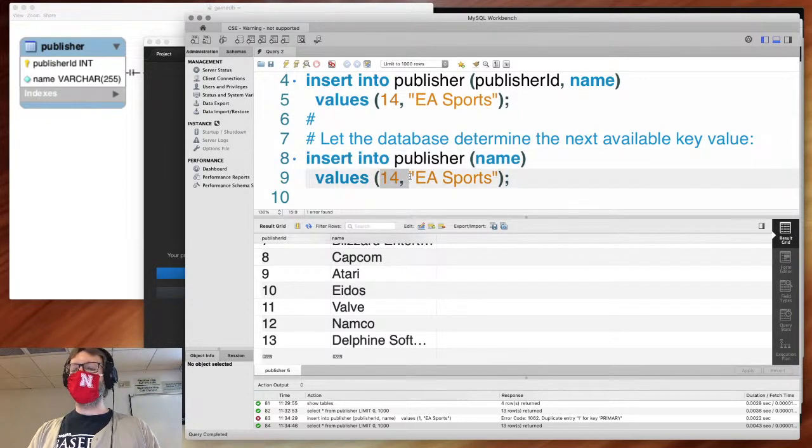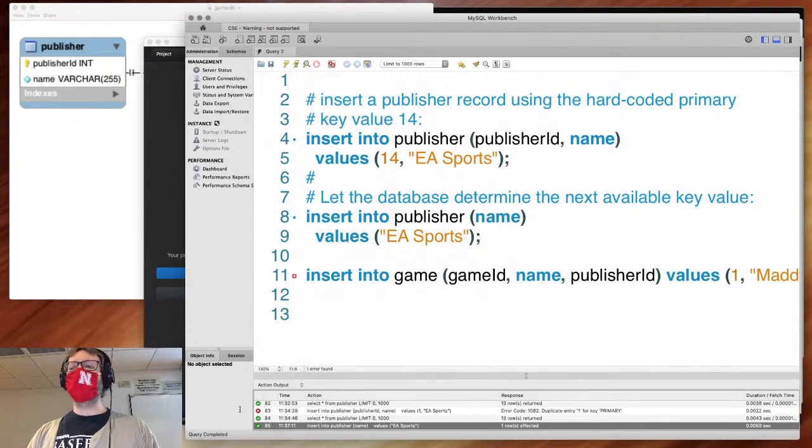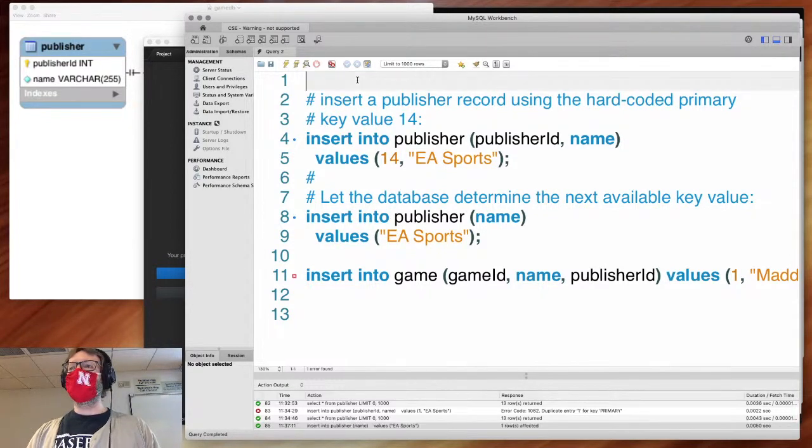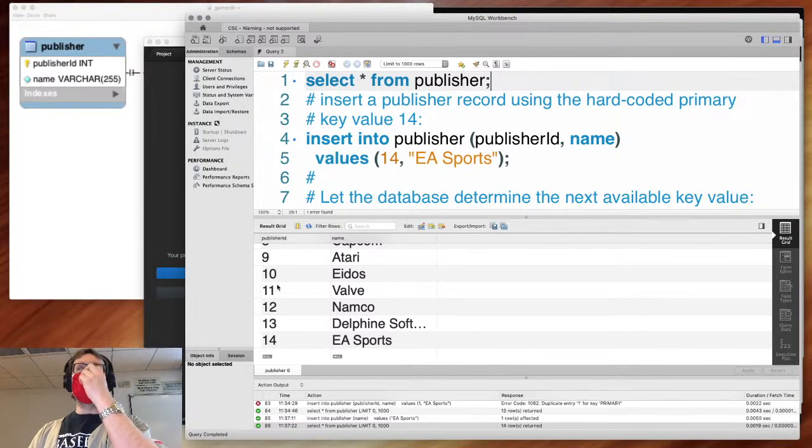And EA Sports is the only value that I give it. I will go ahead and execute this. And you see that it worked. There's a green check mark now. Let's go ahead and look at the publishers now from publisher. Oops. And you see this new record down here, EA Sports, with a publisher ID of 14 because that was